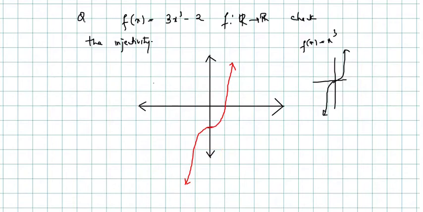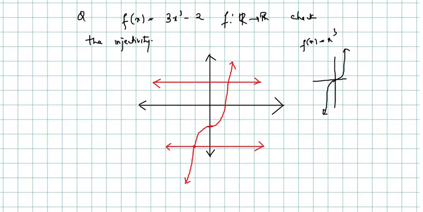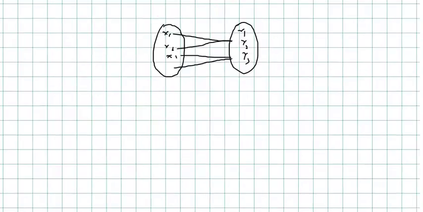Okay. So now check the injectivity. What should we do? We should draw a straight line. So if we draw a straight line, you can see here and here. You can see the curve meets that uniquely. It's really not like x square. It's not meeting at 2 different points. So a value of y, every value of x has a y, right? So we can easily say that